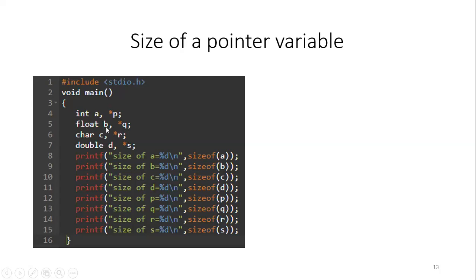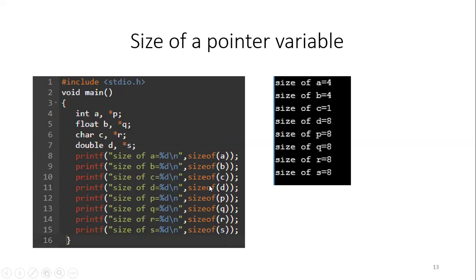We can find the memory allocated to a particular variable with the help of sizeof. So sizeof is an operator which will give you how much memory is allocated to a particular variable or a data type. Now, when I run the first statement, sizeof A is equal to %d comma sizeof(A), it will return how much memory is allocated to A, which is an integer, in my compiler, and then that will be printed on the screen. Similarly, I am printing the size of all the remaining 7 variables. When this program is executed, I'll get the output like this.